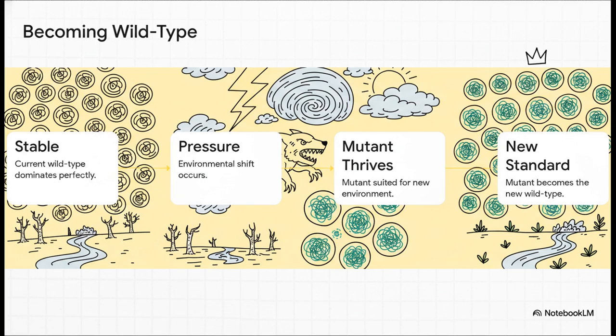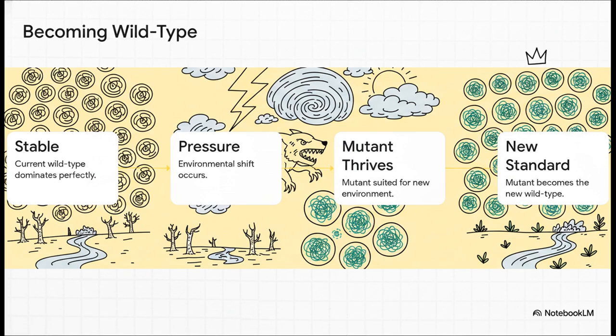It usually follows a pretty fascinating path, heavily influenced by environmental shifts. Step 1, you've got a stable environment where the current wild type dominates perfectly. Everything is humming along. But then, step 2, a big environmental pressure or shift happens. Maybe the climate completely changes or a brand new predator shows up. Step 3, suddenly, the traits produced by the old wild type are a huge disadvantage. But wait, a random mutant allele happens to be perfectly suited for this new environment, allowing those mutants to survive